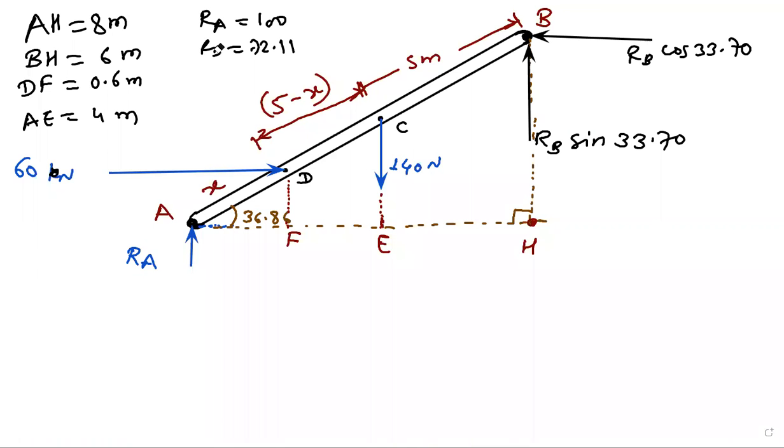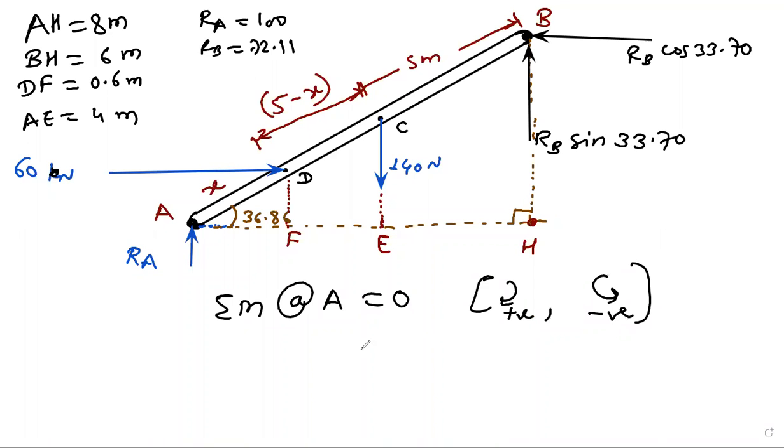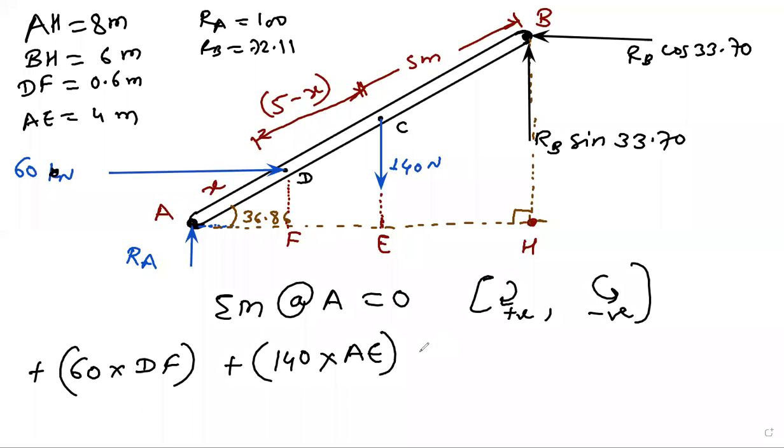Okay, now next, use summation of moment about point A is equal to 0, clockwise positive, anti-clockwise negative. So at moment of A, so 60 clockwise into DF positive plus 140 positive clockwise into AE minus